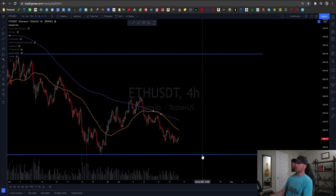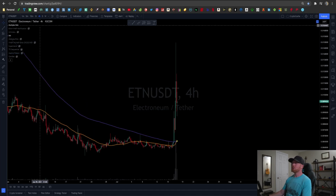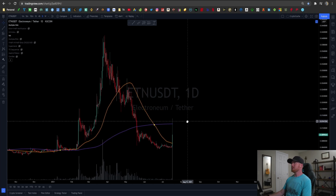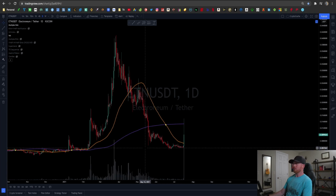There is a major support at 1725 and a major resistance at 1900. So let's look at Electroneum, which I love that name, by the way. That sounds like it belongs in a Marvel movie. And Electroneum is ETN. So it's definitely an interesting one here, because as we look at the volume, just to